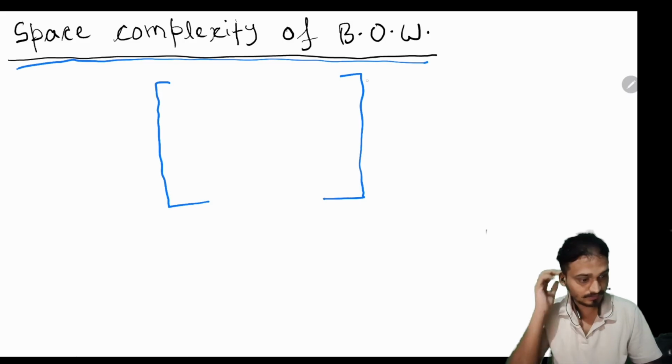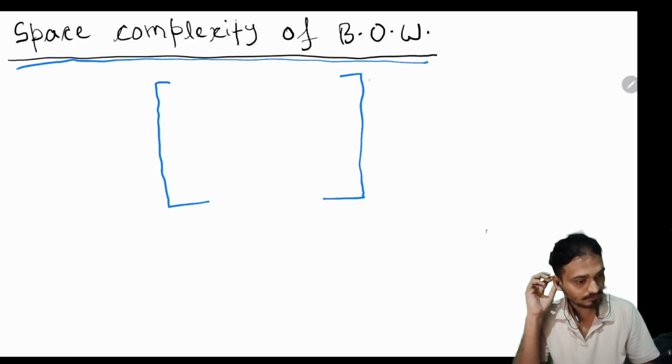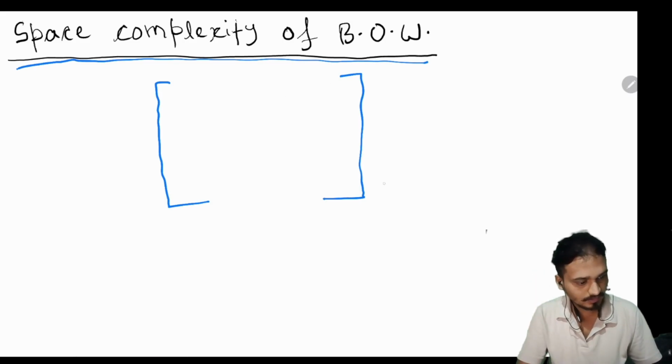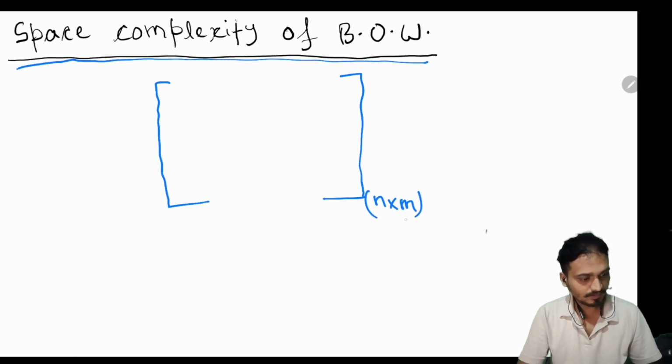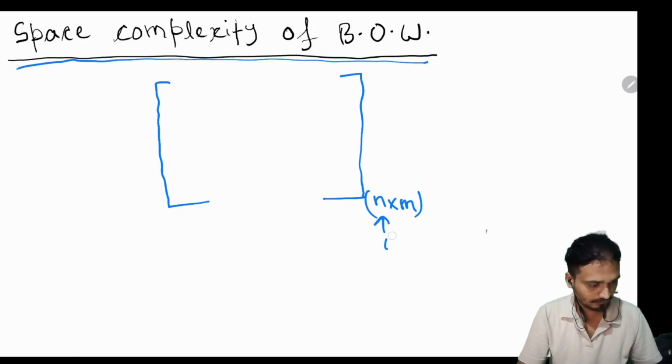As we have studied by now, here we will have n cross m space complexity. And what is n and what is m? So n is basically total number of rows in our data set. So n will be total number of rows,